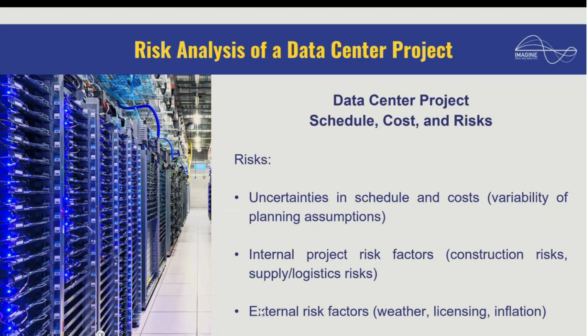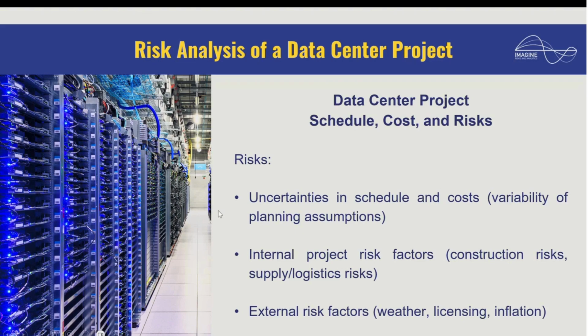And also we have external risk factors, such as the weather, inflation, cost escalation, macroeconomic problems. We saw with the Ukraine war a couple of years ago when it started that many prices went up. Some of them went through the roof and stayed there. Now we have the US tariffs, the Trump tariffs, that might affect both the availability of equipment and resources, and their costs, okay? These external risk factors should be accounted for in a project like this.